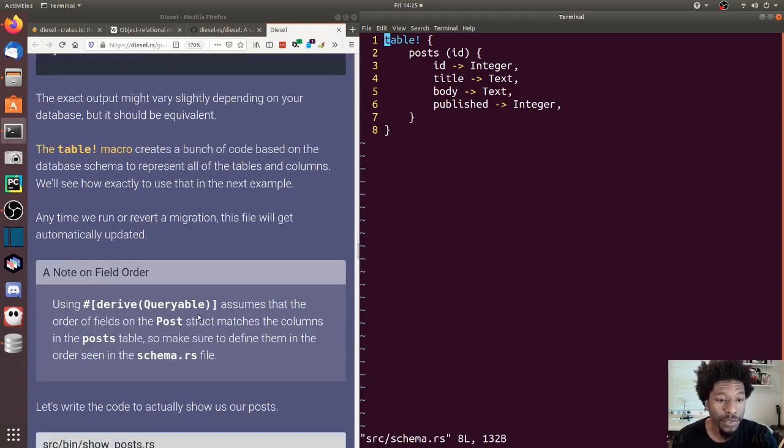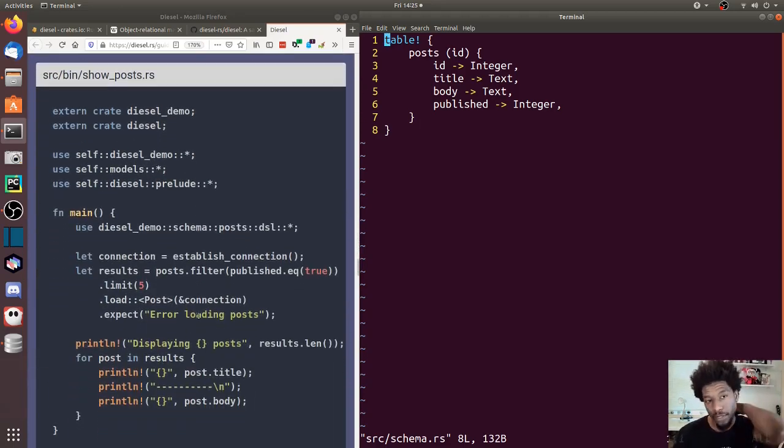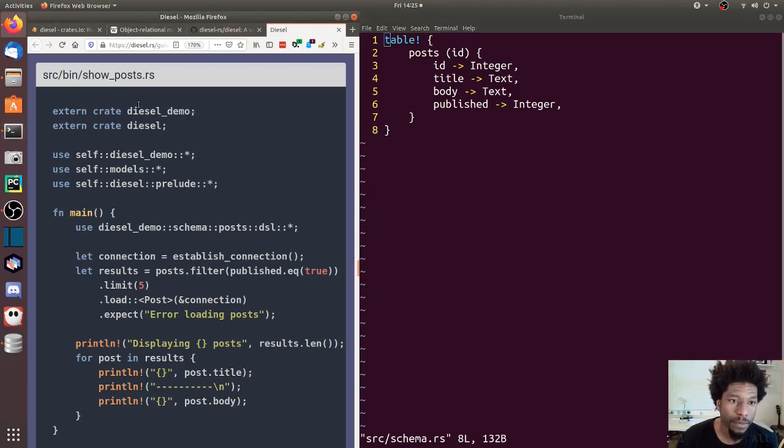So moving onward to their next steps. The next steps, they want us to be able to show posts, right? And if we scroll through this thing, we're in bin, so this is an executable for a library, which means we do have to load in